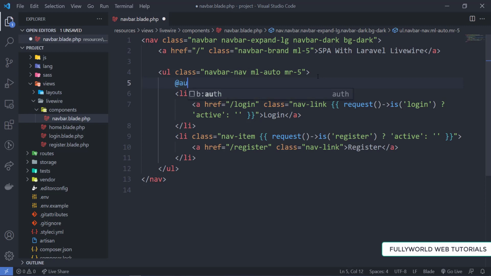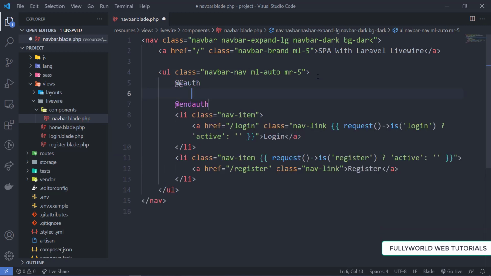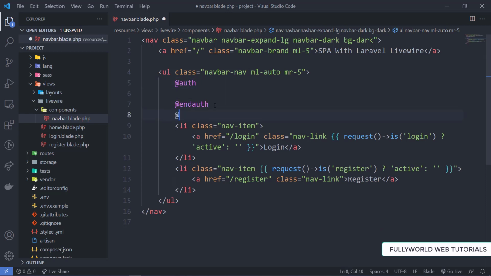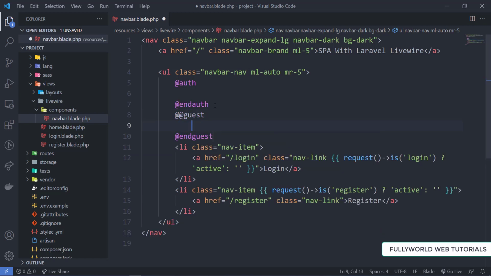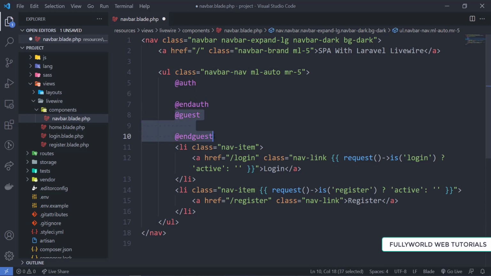That will be, we will define @auth here. So here we will write @auth and endauth. Either you can also write @guest and endguest here. This auth means that if the user is authenticated, what to show, and if the user is not authenticated, then what to show.